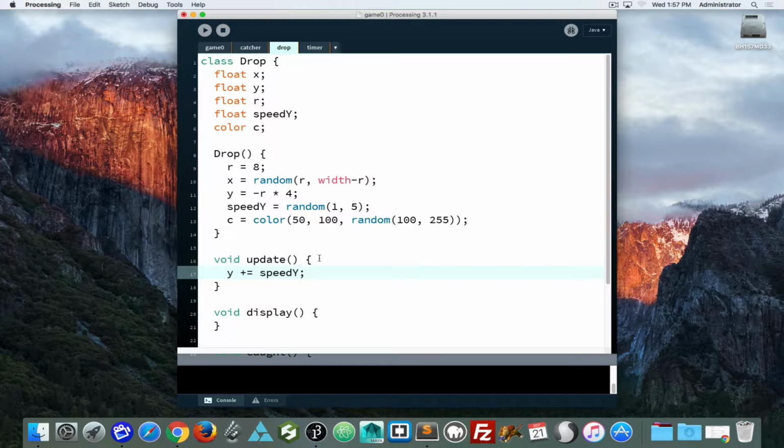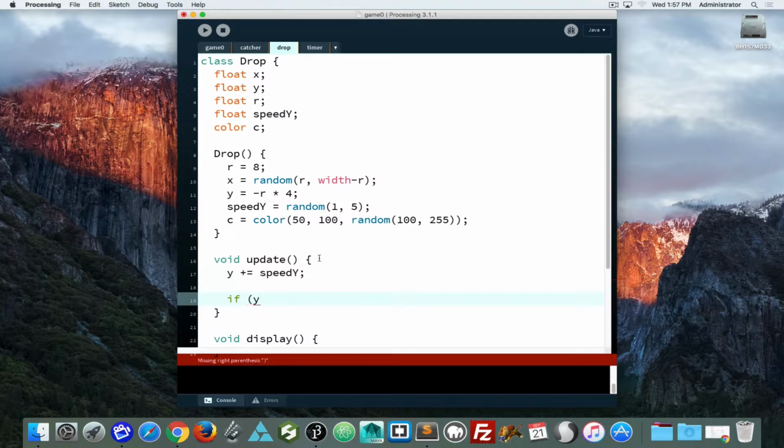Now, if we do nothing else in our update and we don't have check boundaries as a separate function in this example, that means the object is going to just fall off the screen and never come back. If we want it to screen wrap, then we have to ask the computer the question. If Y is greater than height, now we may want to keep in mind that if I say height, that's at the bottom, so that means the drop is still half on screen. So we may want a number a little bit bigger than height. So we could add to it r times 4. So once it's 32 pixels beyond the bottom of the screen,